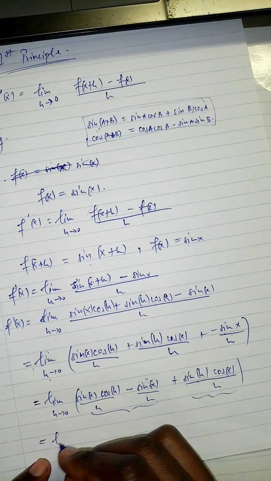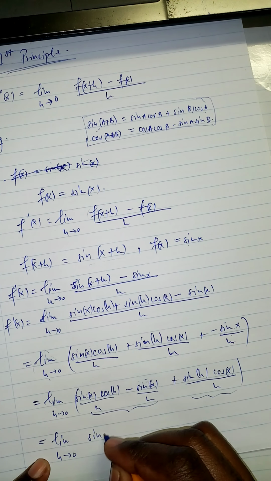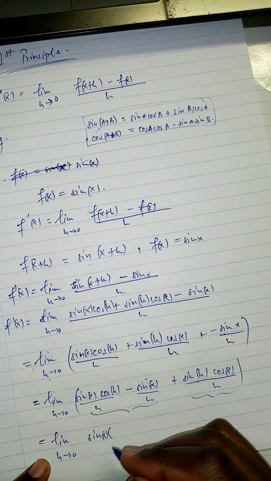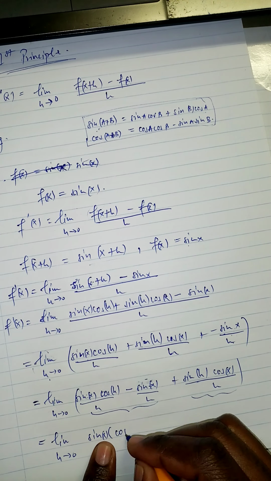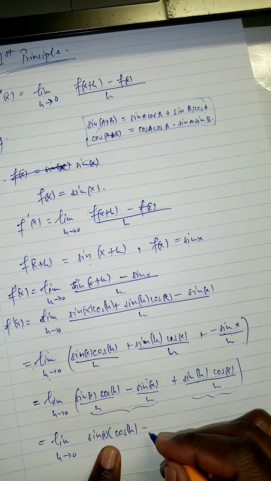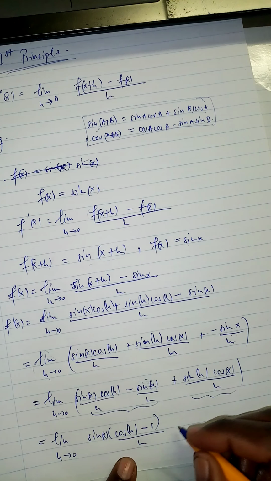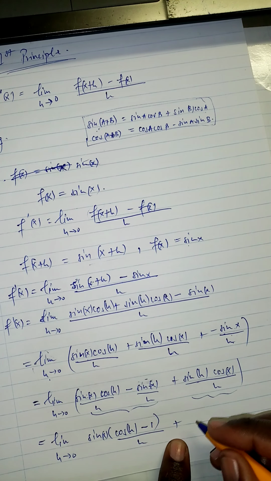So we're going to have the limit as h goes to 0 of sine x. I said I'm going to pull sine x out, so beneath I'm left with cos h minus 1, everything over h, plus